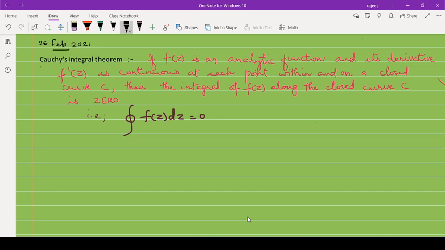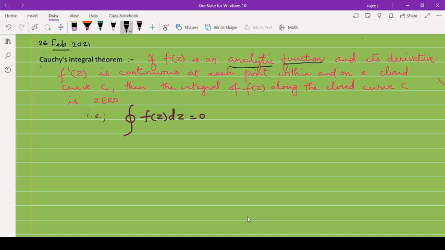Cauchy's integral theorem, and you have Cauchy's integral formula also. Okay, there is a small change between the two, which I will tell later on. So Cauchy's integral theorem means, if f of z is an analytic function, we will discuss each term. If f of z is an analytic function